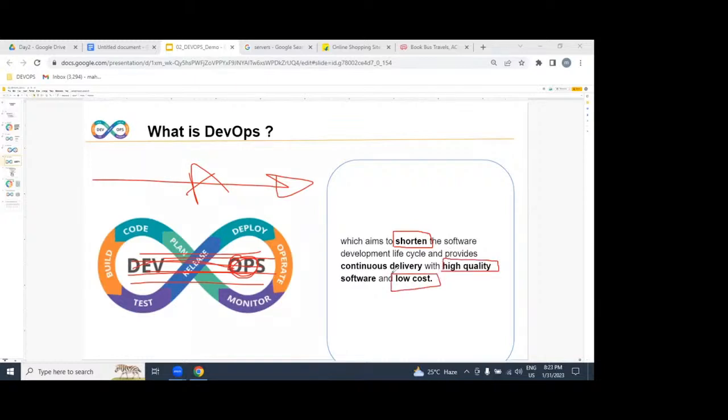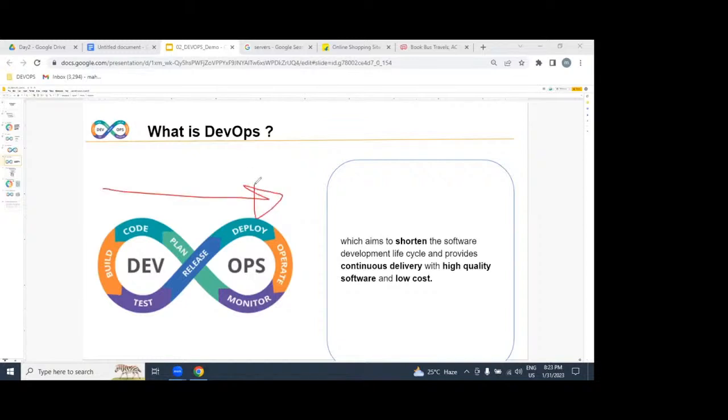Guys, let me repeat this point one more time. What is DevOps? DevOps is a process. Which process? An automated process. While implementing an automated process from dev environment to production environment, make sure you are delivering working software written by developers within the shortest time, with high quality, with low cost.